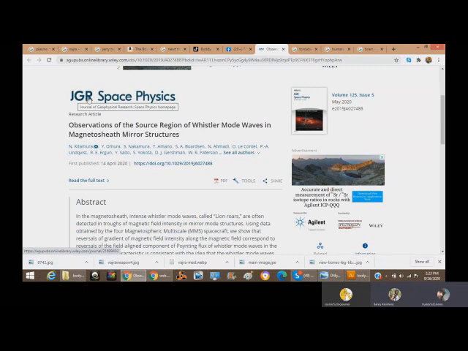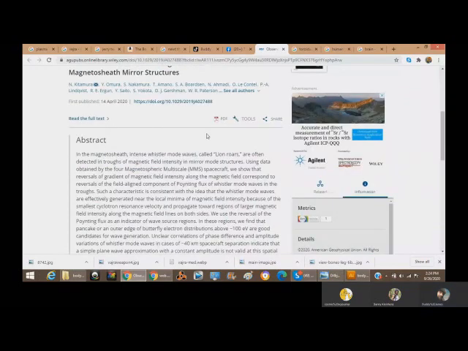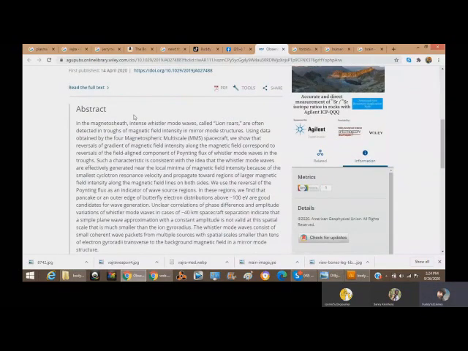JGR Space Physics, observations of the source region of Whistler mode waves in magnetosheath mirror structures. The abstract. In the magnetosheath, intense Whistler mode waves called lion roars are often detected in troughs of magnetic field intensity in mirror mode structures. Using data obtained by the 4 magnetospheric multiscale spacecraft, we show that reversals of gradient of magnetic field intensity along the magnetic field correspond to reversals of the field-aligned component of